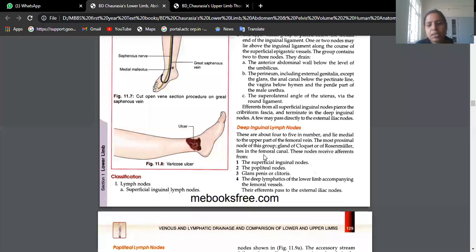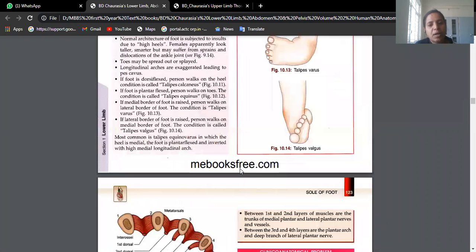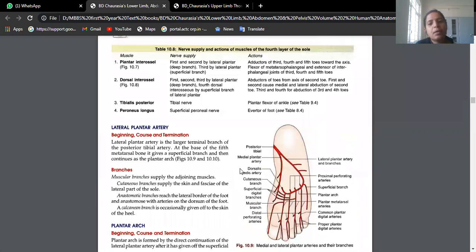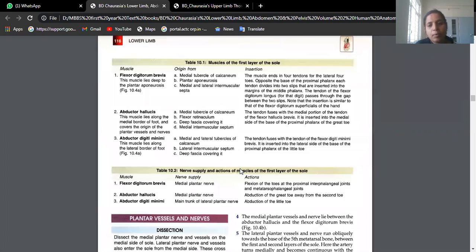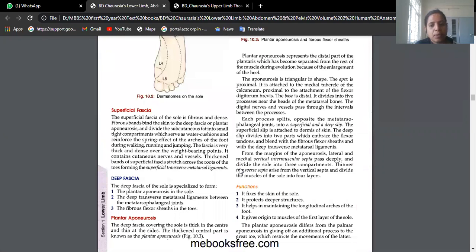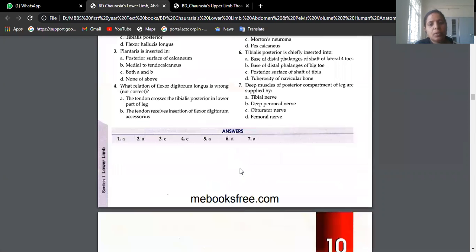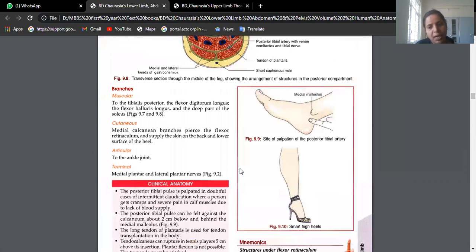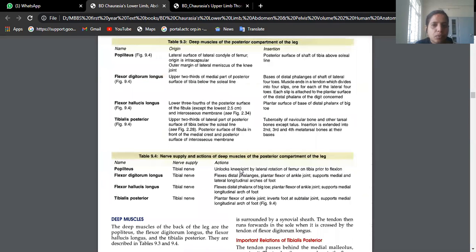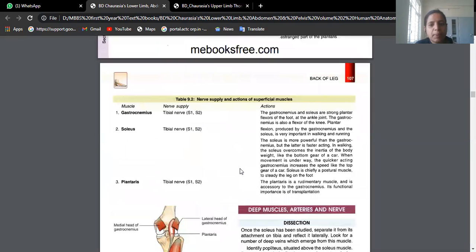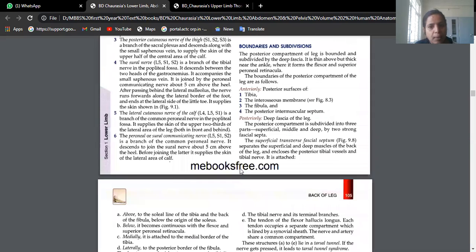What are the factors maintaining arches of foot? All the long tendons come from the posterior compartment of the leg and get inserted into the foot, isn't it? The shape of the bones is so irregular, wedge shaped, and they also maintain the arches of foot. They don't allow the foot to rest on the ground directly and they protect the underlying blood vessels and nerves. So tibialis posterior, peroneus longus, peroneus brevis, all those are important things.